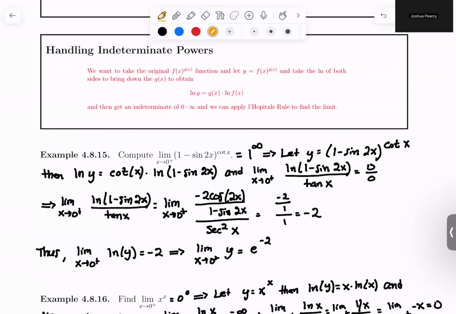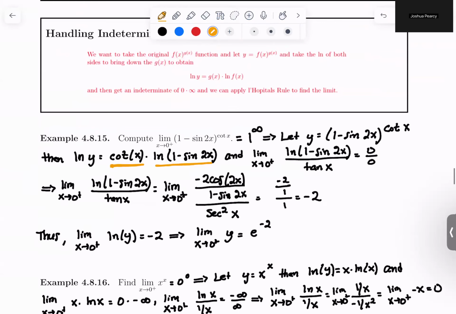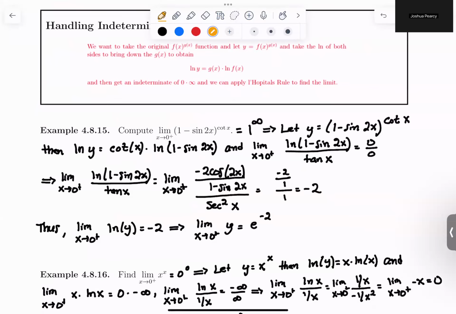If I do that, that brings the cotangent x out front, and the ln of 1 minus sine 2x right here. And we can take the limit of this. So cotangent x, remember, is just 1 over tangent. So what I did was I rewrote that here where I have 1 over tangent, so tangent in the denominator, times ln of 1 minus sine 2x. And when we do that, we let x go to 0, and the numerator goes to 0, the denominator goes to 0. So here we have a type 0 over 0,